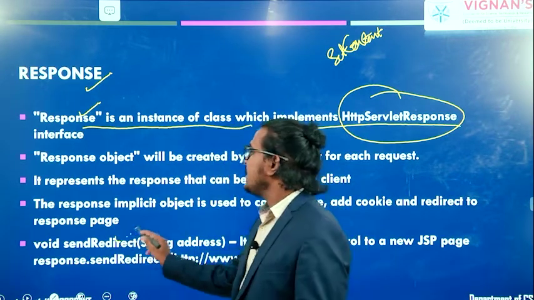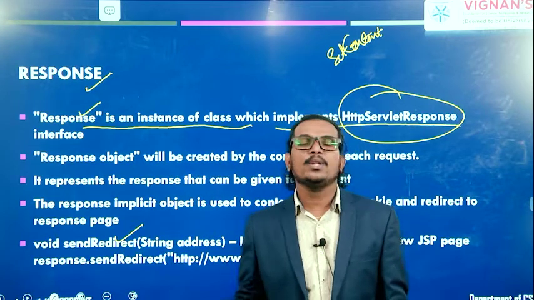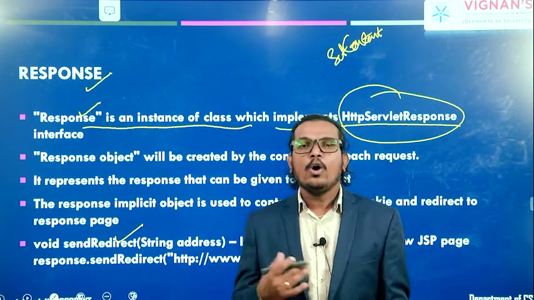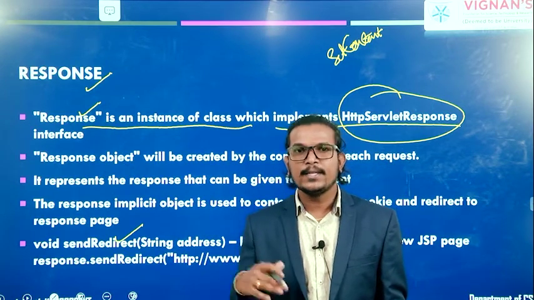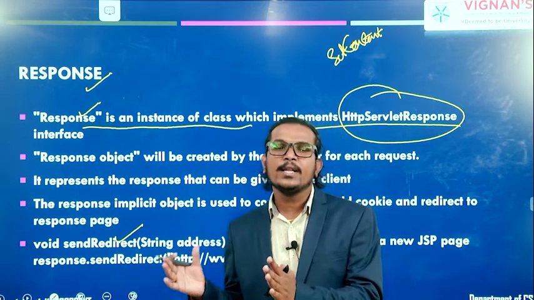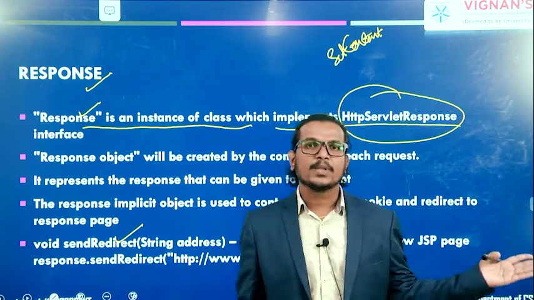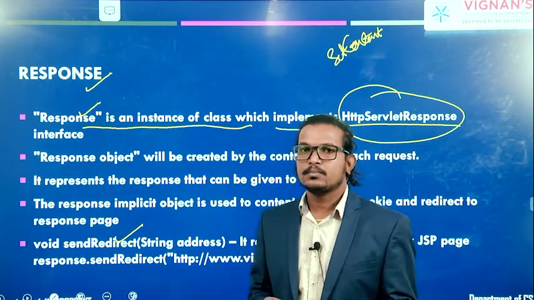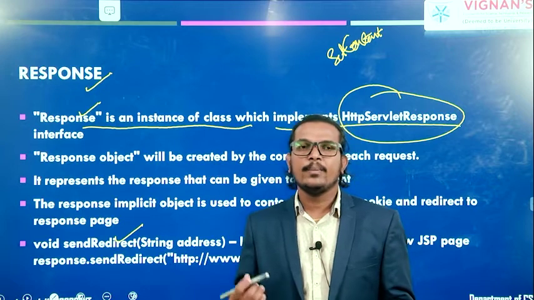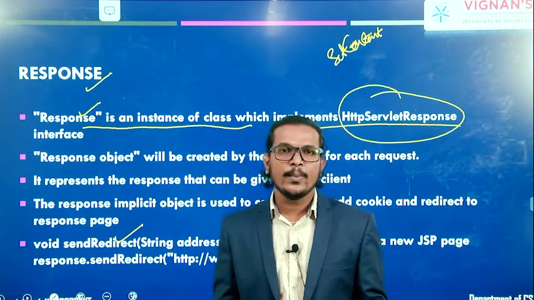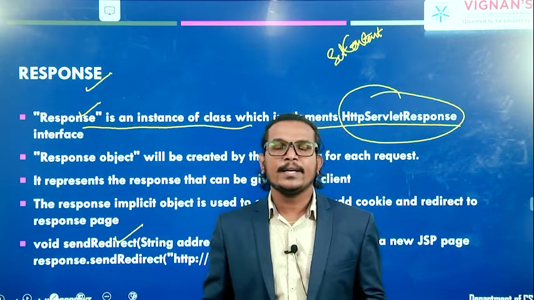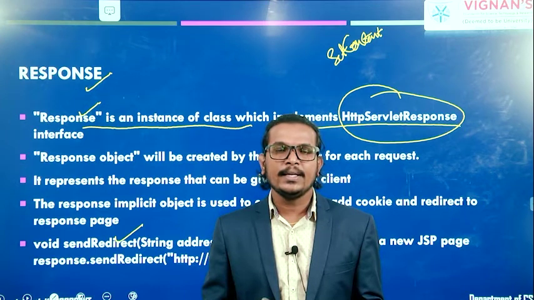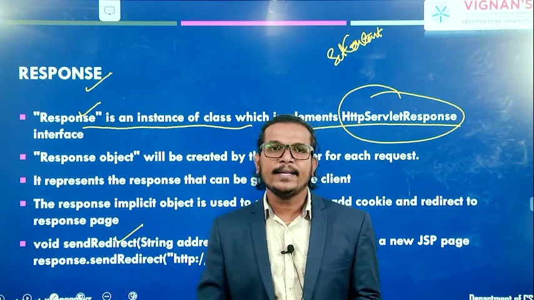How are we forwarding that particular response to the client machine? With the help of the sendRedirect method, or with the help of the forward method. With all these methods, we are forwarding or sending that particular response to the client machine. Clear? A better example: go to google.com and type something there, and you get related information displayed on your Google page, right? Whenever you click on a link, it directly navigates to that destination.